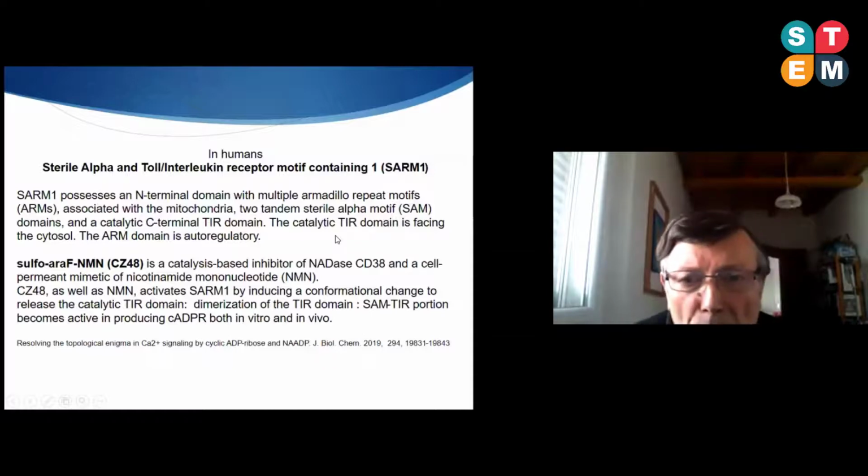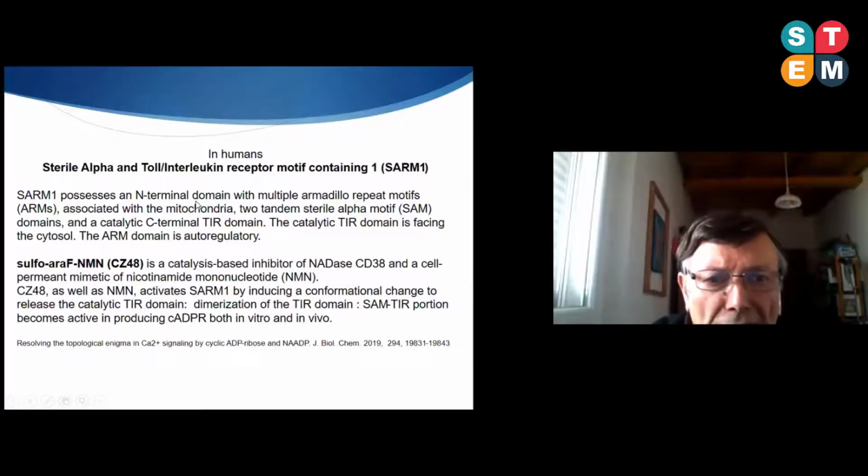In humans, the main protein of interest in this activity is the NADase called sterile alpha and toll interleukin receptor motif containing 1, SARM1. So it is interesting that SARM1 is activated by nicotinamide mononucleotide, and this does not happen in